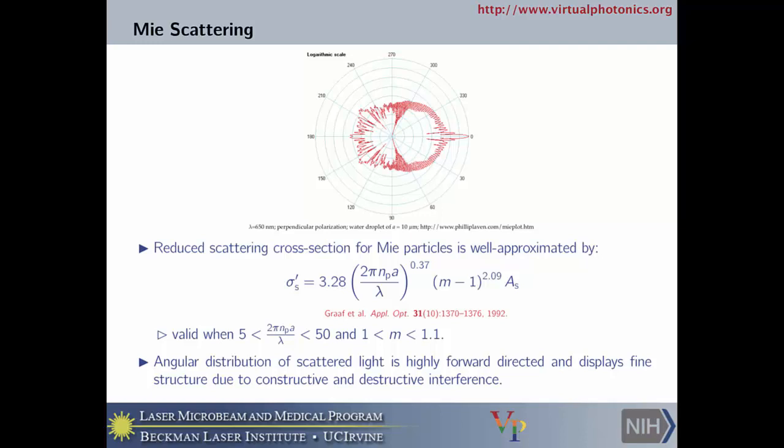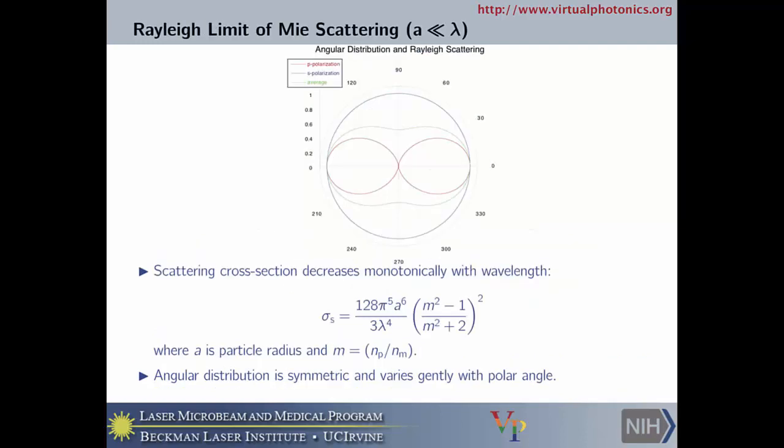Okay, and so the key thing is that you have, see, I gave you the answer here. It's constructive and destructive interference. So that's why you have the structure. Okay, and then I've already told you that for Rayleigh scattering, you won't see the structure. I've shown here a typical Mie scatterer with incident either parallel polarized light in red or perpendicularly polarized light in S. You see that the scale is linear instead of logarithmic, and you have either a lobe structure or perfectly isotropic